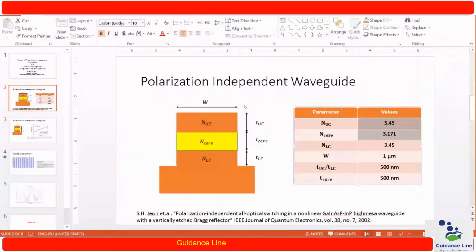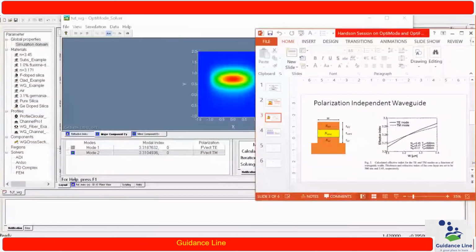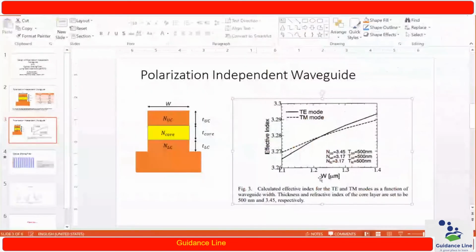So first we are trying to analyze whether we have got a proper result or not. You can see over here in this graph, as the waveguide width increases, here the width is 1.4, the TE mode gets dominated, and the TM mode gets dominated when the waveguide width is less.